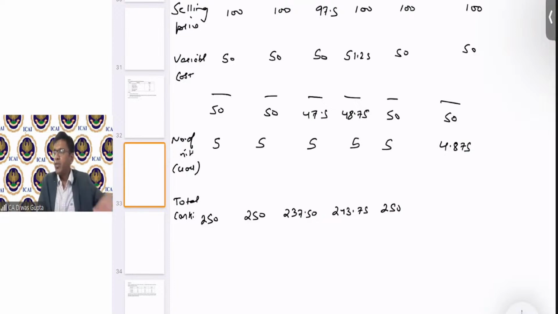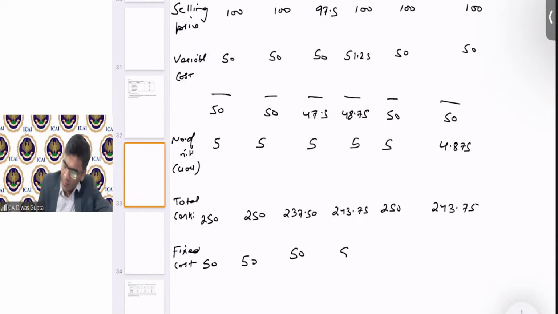And the number of units, it becomes 243.75. Now fixed costs. Fixed costs per year are 50. Here also it will be 50, 50. Here also it is 50. In the E part, we have